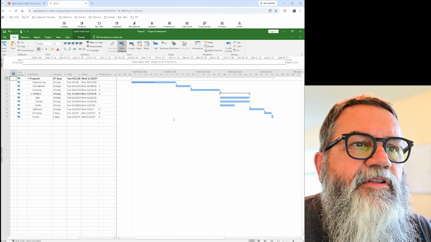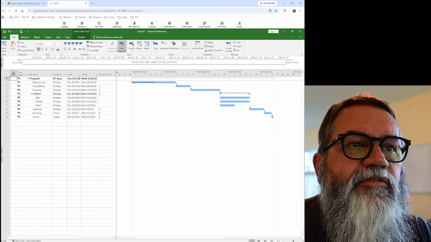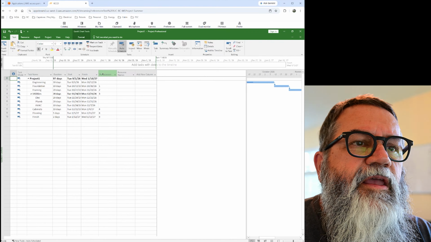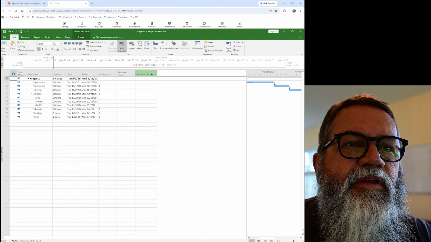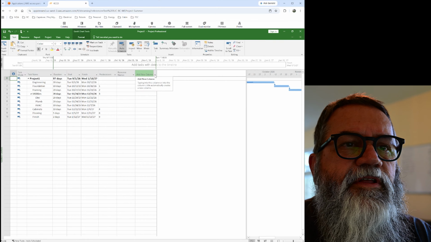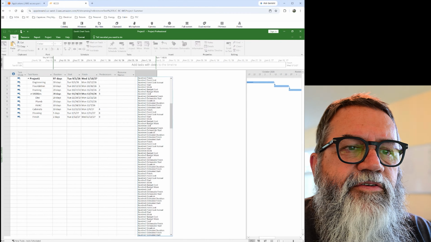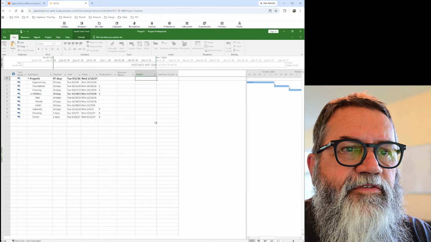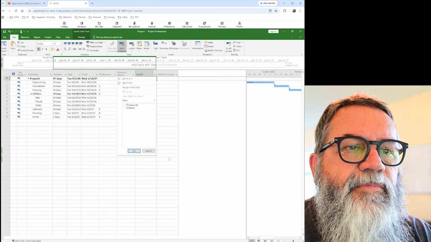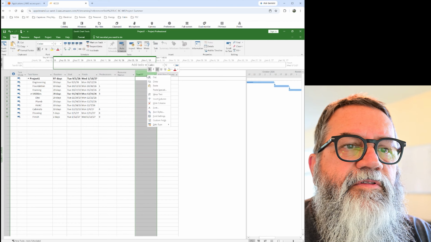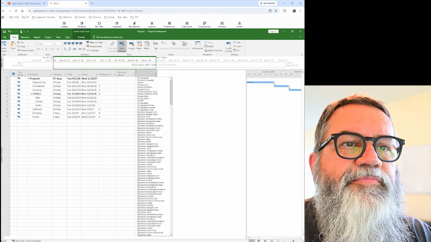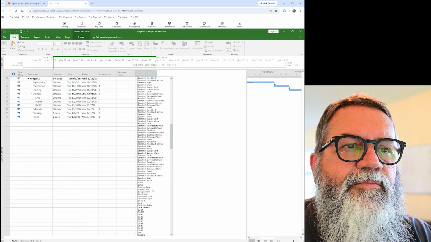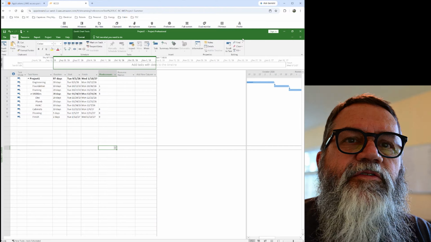Now, let's look at how Excel compares to Project. So I'm going to drag this graphic part way over. And you notice I've got different columns here, and here it says add new column. So I'm going to click on the down arrow, and you can see I've got a couple hundred different options of different columns. Here's some text columns. Cancel that. I'm going to delete that column, so I didn't want a text column. So I've got all these different options for columns, which seems like a lot,